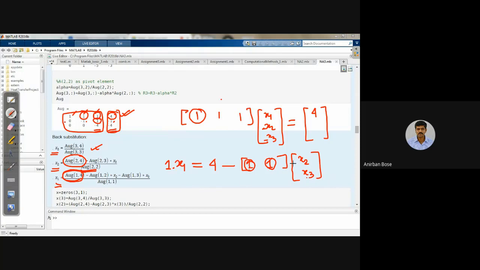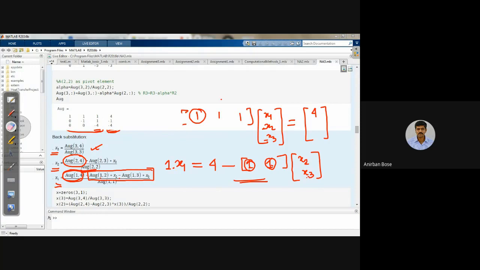If you just do this matrix multiplication, you see it is nothing but 1 into x2 minus 1 into x3. So this part you observe carefully, this part is actually the matrix multiplication of these two and the remaining x, that means x2 x3. I hope that part is clear, because this kind of formulation is important. When the number of equations is more, you will not be able to write it individually. In that case, you have to generalize, and that is why this understanding is important.